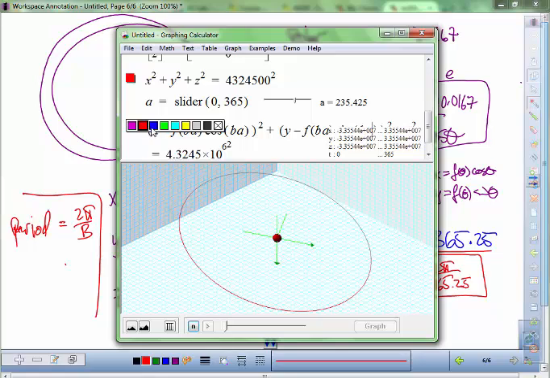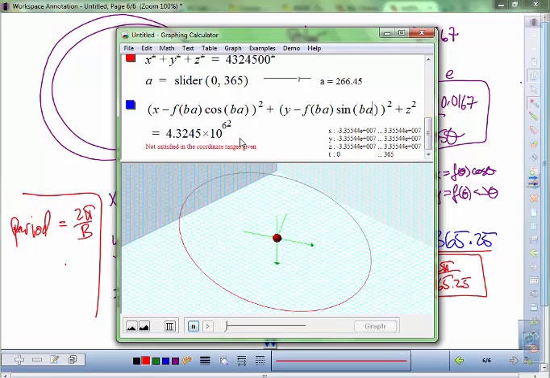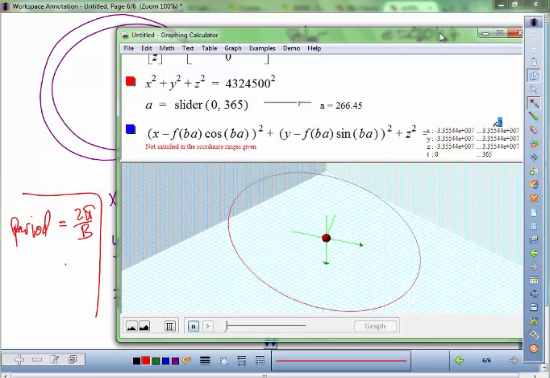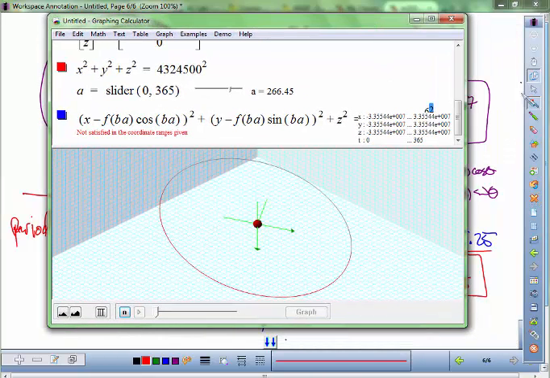No, I don't see it. So the idea is to have the Earth go around. All right, well, let's not